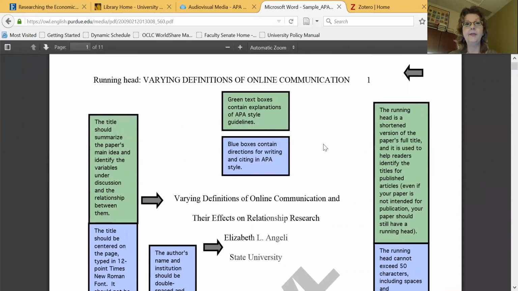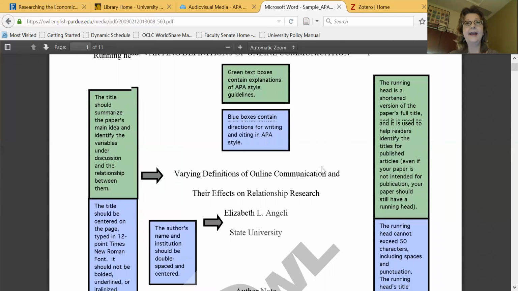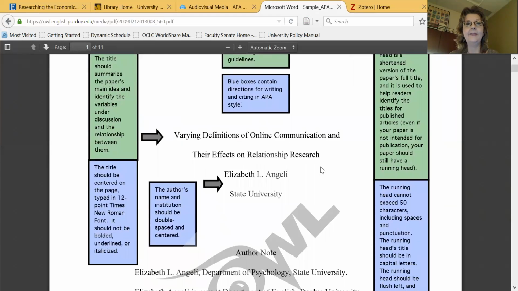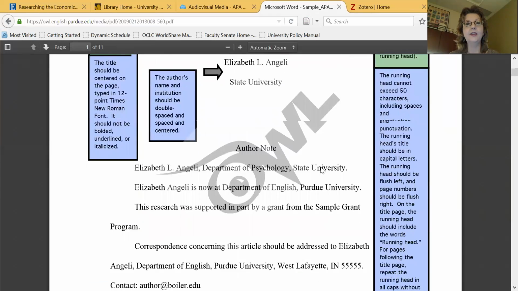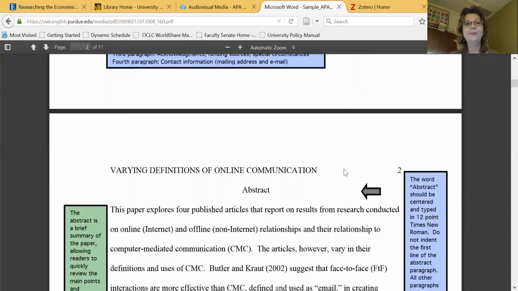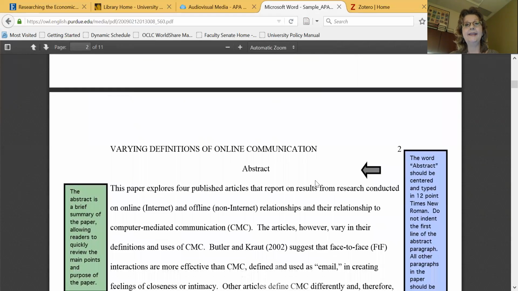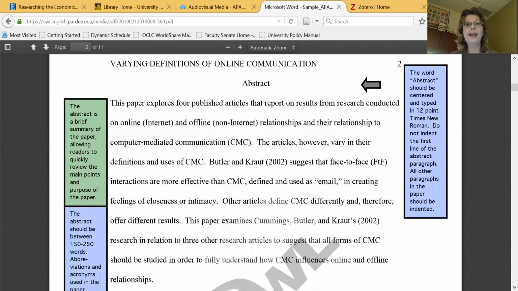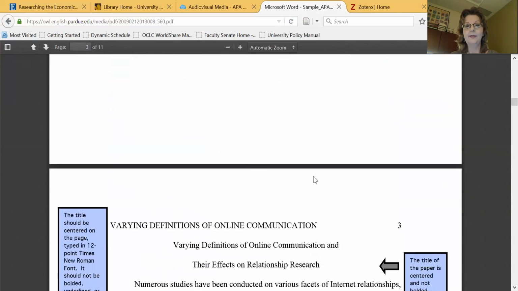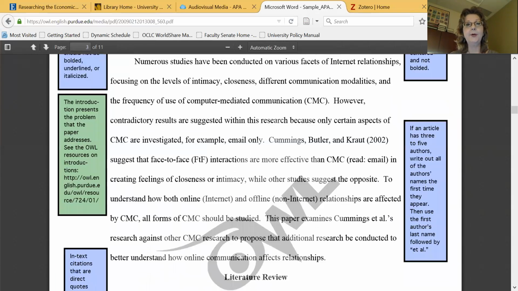to have on hand. You have green text boxes, which will tell you about APA style guidelines, and the blue boxes will tell you more directions for writing and citing directly in APA style. So you can see what your cover page should look like, or your title page, what your running head looks like in terms of a header, what the abstract looks like, the body of the paper,